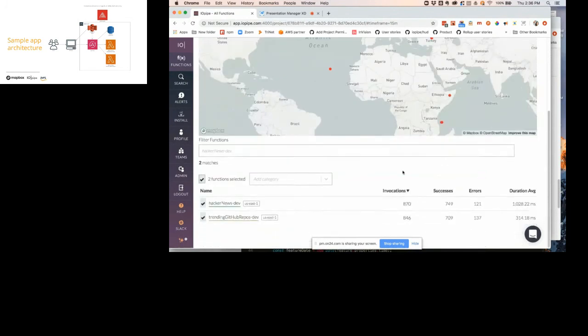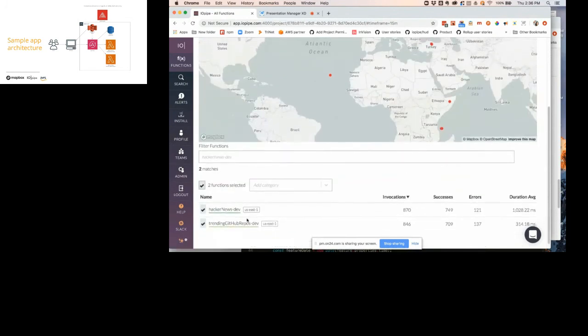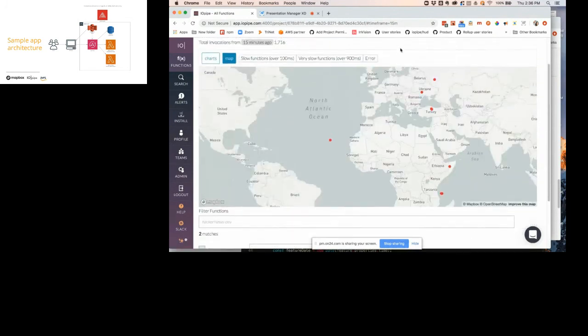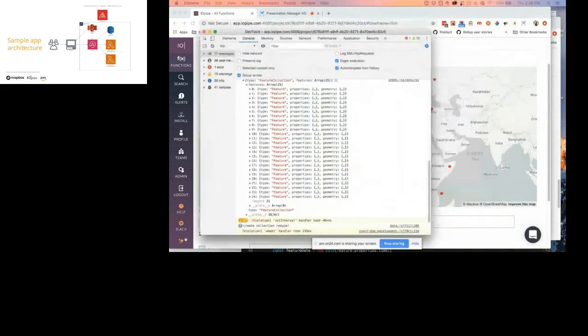You can see that data down here, the function ARNs themselves. What's really neat about mapping these into this kind of structure is that you can plug in your properties and start to filter them down so you can really get at what might be problem areas in your application.